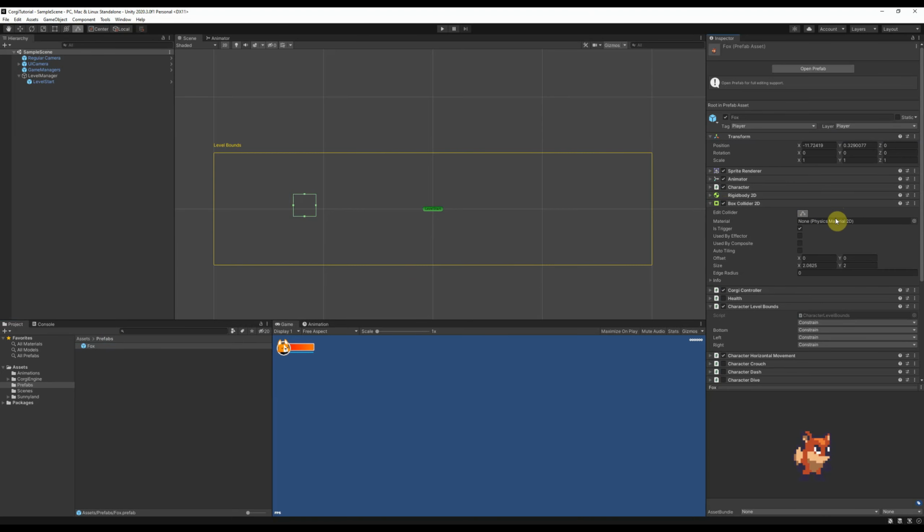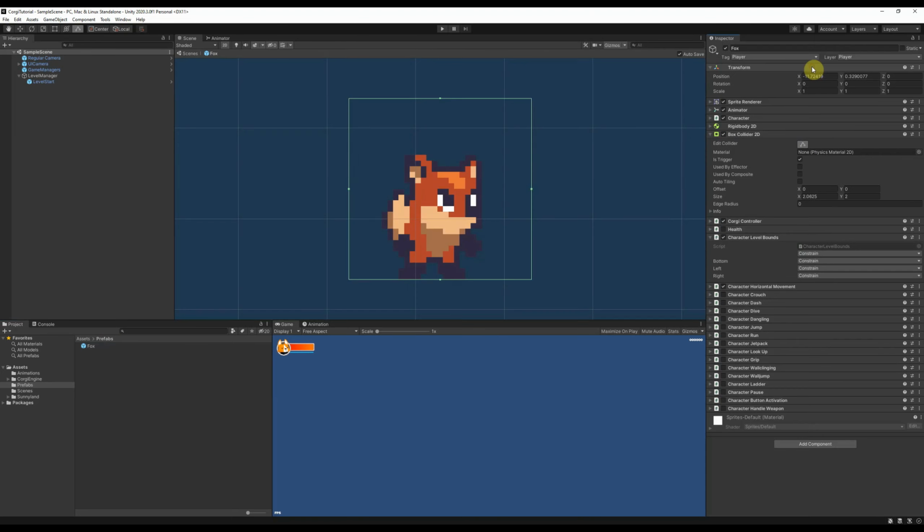So the trick in here is to open the prefab, and then if you go here under box collider and you click the edit collider, then you see where the collider is set at the moment. Why is it so big? To be honest, I have no clue why he did it automatically like that. So let's move that a little bit around. Let's make it a little bit smaller,